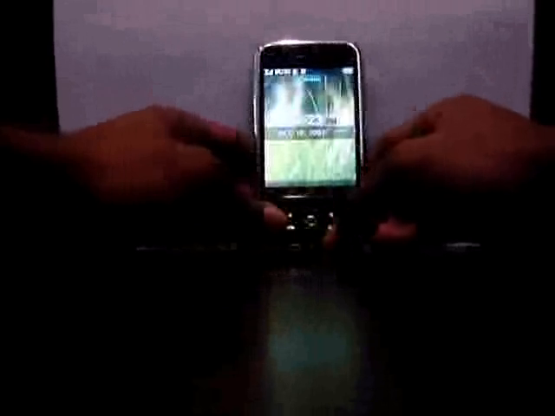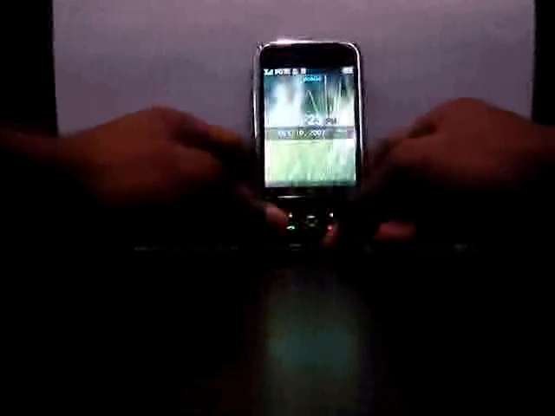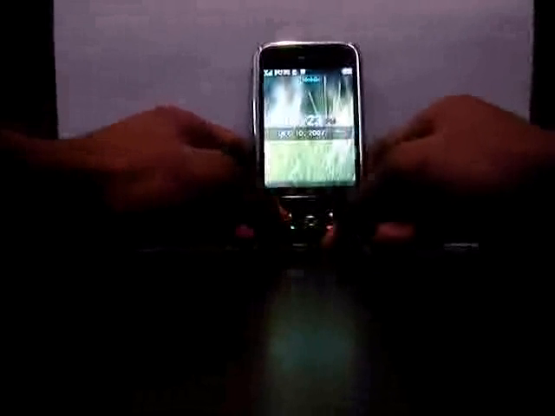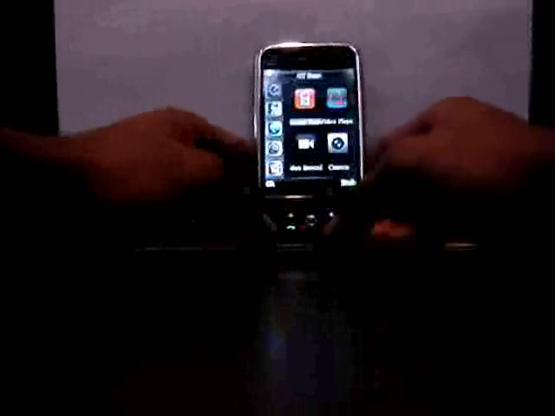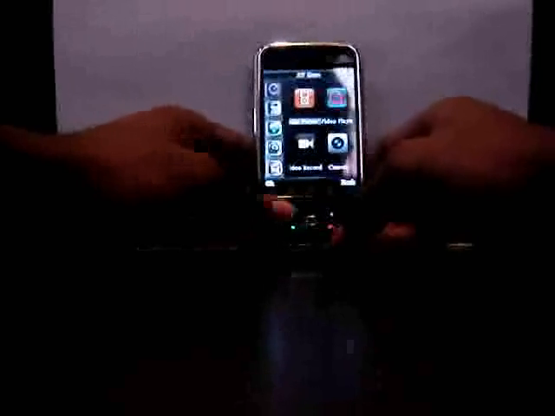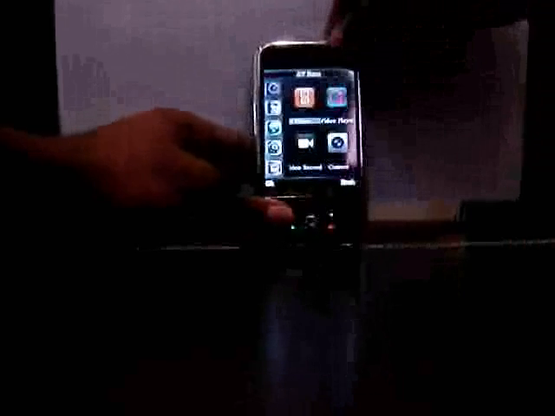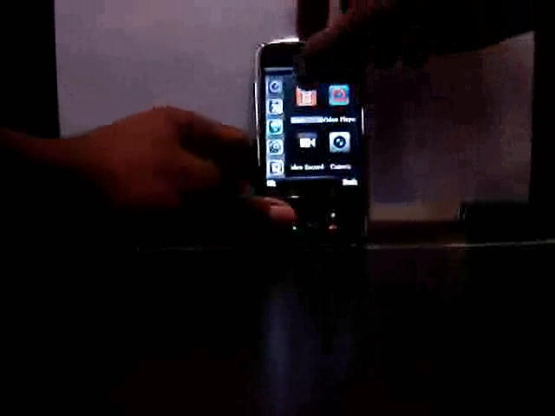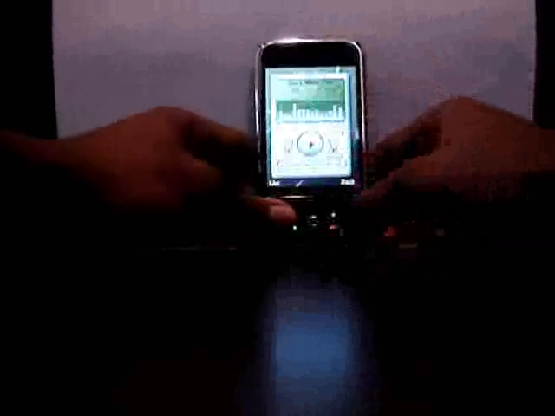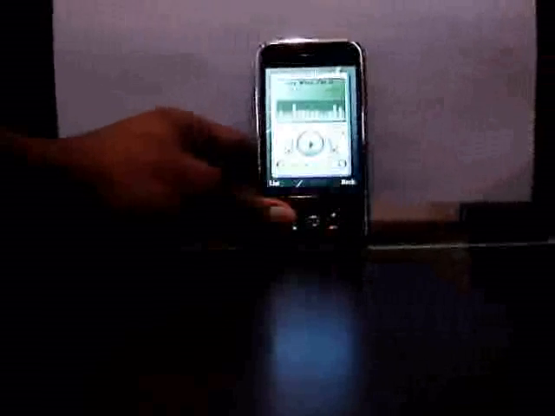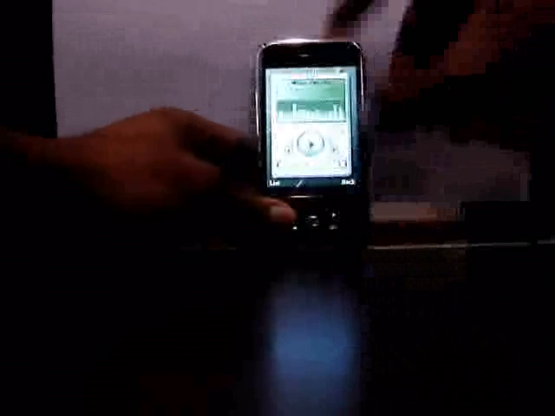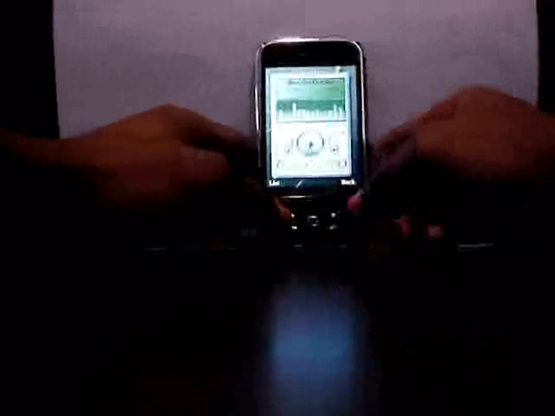So here we are at the opening screen. To get to the music player, just click on the Home key and Audio Visual Zone, and we're selecting Audio Player. The audio player just looks like a regular MP3 player. It has a little graphic there,